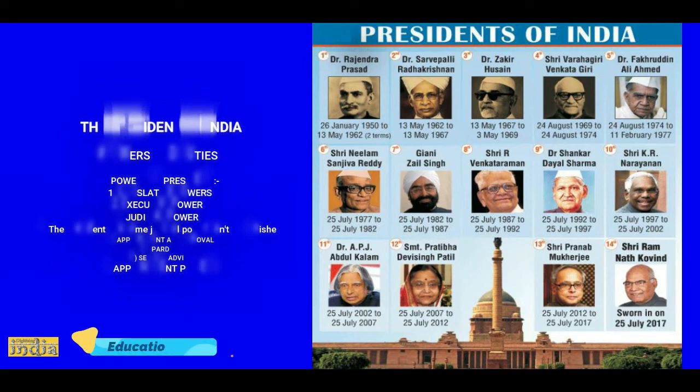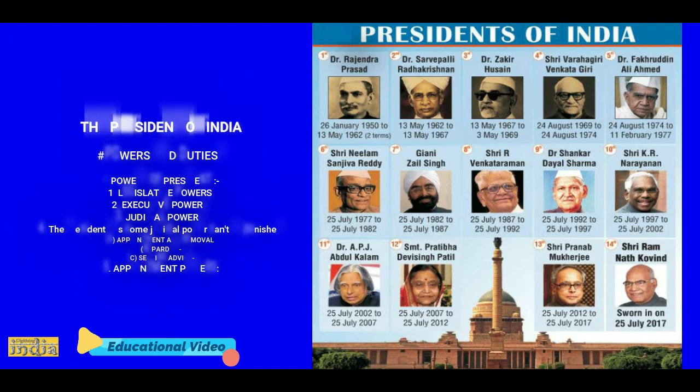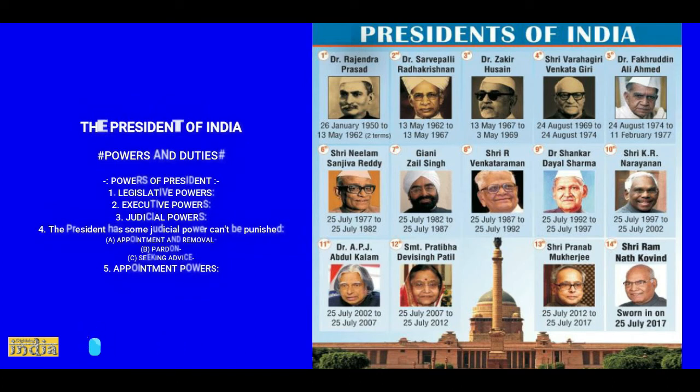Financial powers. The President of India also exercises financial powers. No money bill can be introduced in Parliament without the recommendations of the President. According to the Constitution of India, the annual financial statement is placed by the President before both the houses of Parliament. This statement shows the estimates of revenue and expenditure of the central government for the next year. It may be pointed out that the proposal for taxation and expenditure cannot be made without the approval of the President.